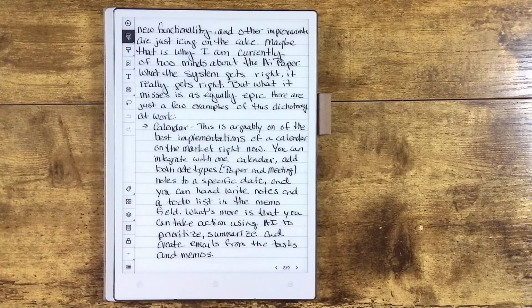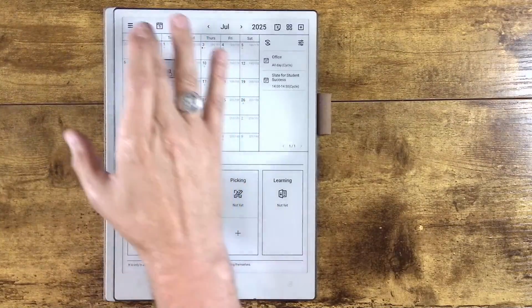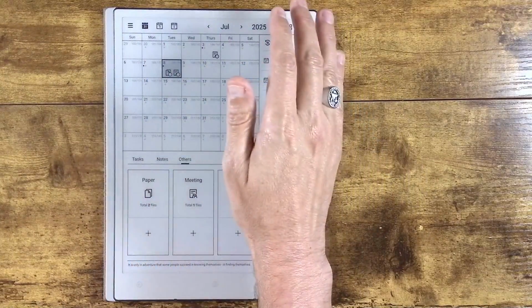I will give you that my overall impressions are that if you are a first time e-ink user and you don't have a very well defined file structure already, this could be a very important device for you. Or not very important, but it could be a very good device for you in that it provides, and I'm going to try and go to my homepage here,